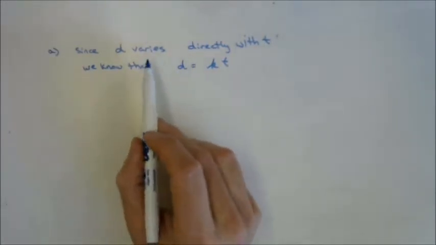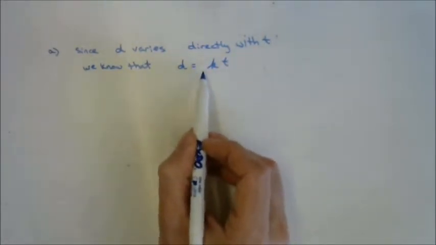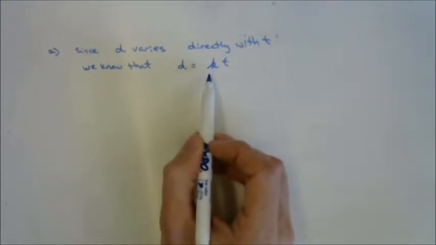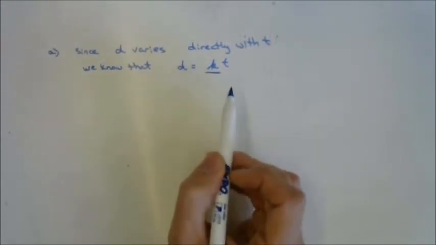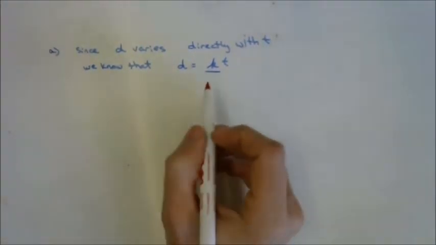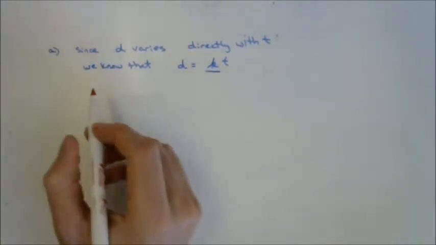D varies directly with T. That means D is going to equal T times some number. But we don't know what that number is yet. We're going to find out what that number is. So what we need to do is sub in what we know. And we're not going to use this one. We're going to rearrange